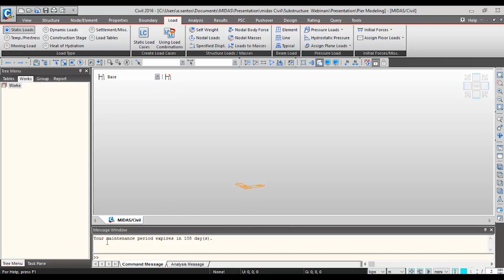We have also the message window. This is how the program communicates with us. It's not like a black box, but the program tells us if there is an issue in the model, or if there is something that is not behaving properly, if there is an error. That's how the program communicates with us. We have the unit systems here at the bottom, and we have the different views on the right part of the